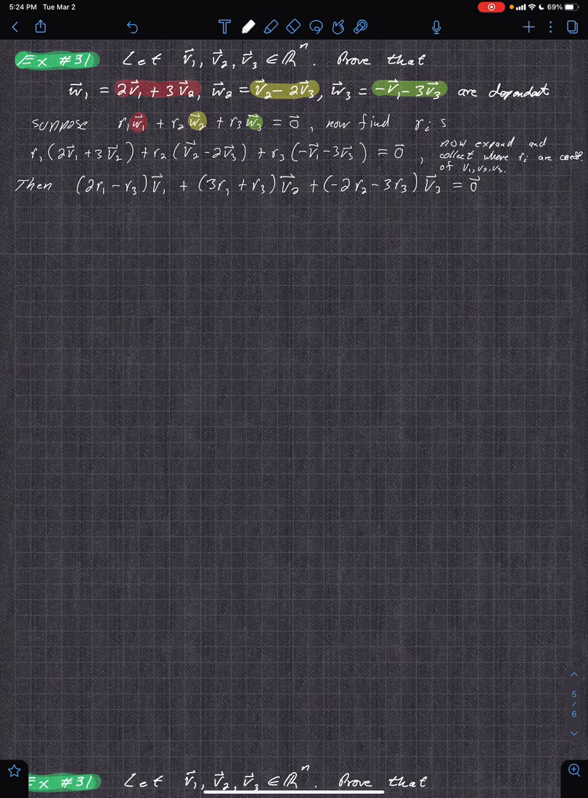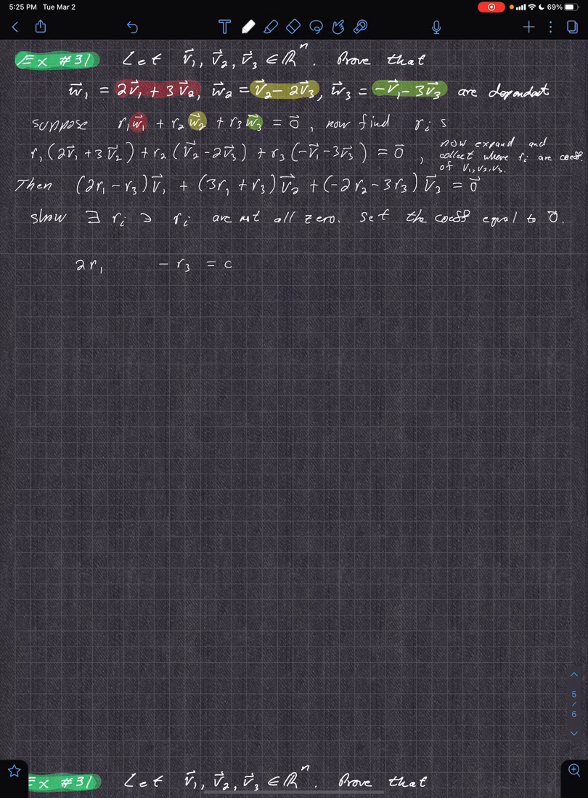So I wrote this down. I don't know if you're going to like this, but show there exist R sub i's such that the R sub i are not all 0. All right, so we want to set the coefficients equal to 0 and solve the system. So when you do that, you get 2 or 1,